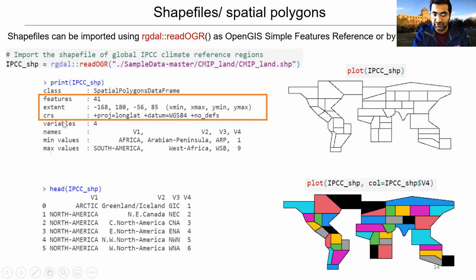We have the CRS, which is the coordinate reference system. And now we have 41 features. Each of these features is essentially one of these polygons. So this IPCC shapefile is a conglomeration of multiple features which makes this particular plot, but it has in total 41 smaller